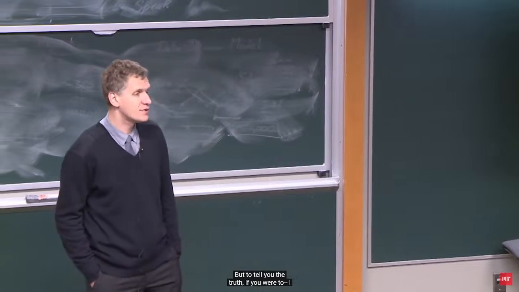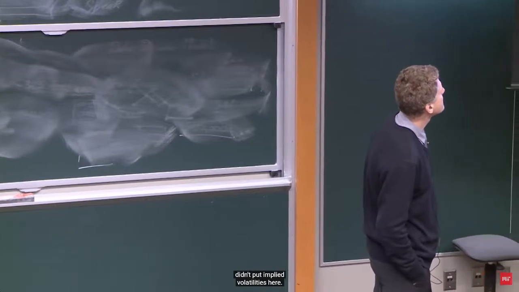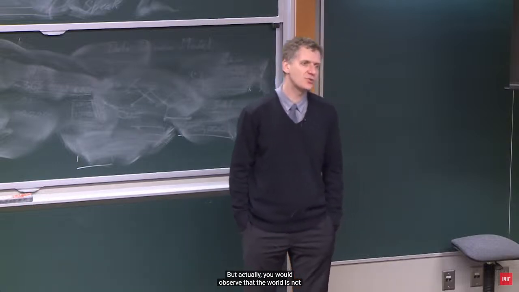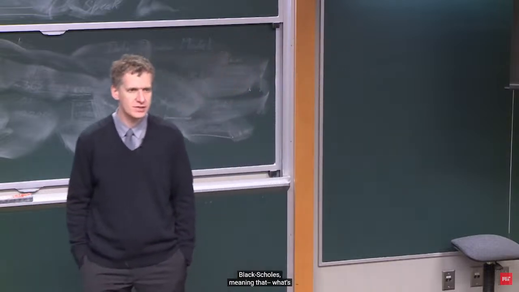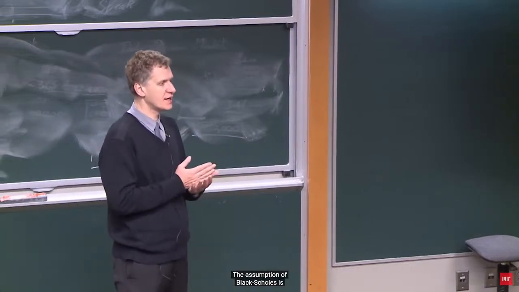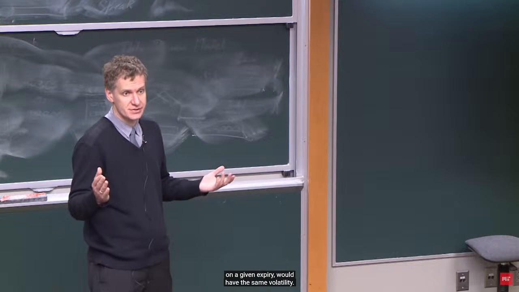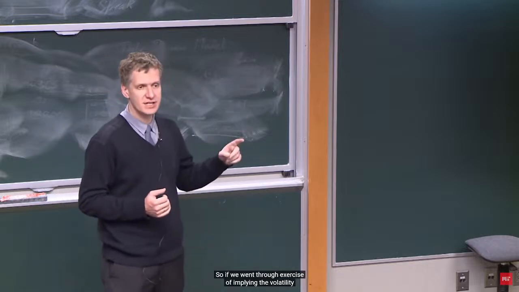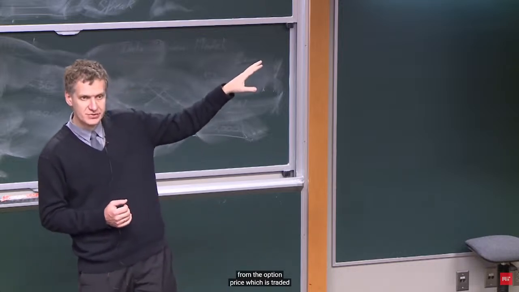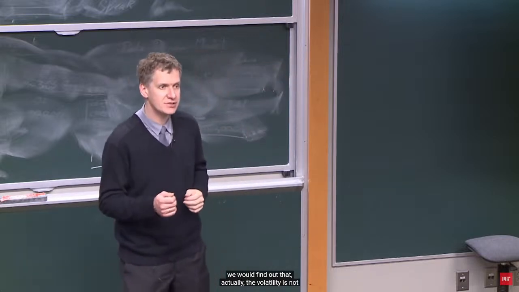But to tell you the truth, I didn't put the implied volatilities here, but you would observe that the world is not Black-Scholes. What's the assumption of Black-Scholes? The assumption is that every option for any strike on a given stock and a given expiry would have the same volatility, right? So if we went through the exercise of implying the volatility according to the Black-Scholes formula from the option price which is traded on the market and the current price, we would find out that actually the